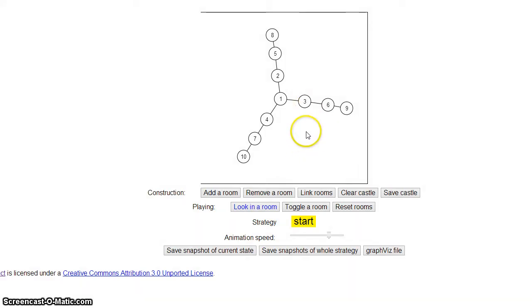So the idea is you try every possible path through the castle, or a sequence of moves, and if you get to a state of the castle that you've seen before, then you stop going down that path and backtrack until your last good point. So at any point, at any state of the castle, you try every possible room that's got a yes and see where that gets you,